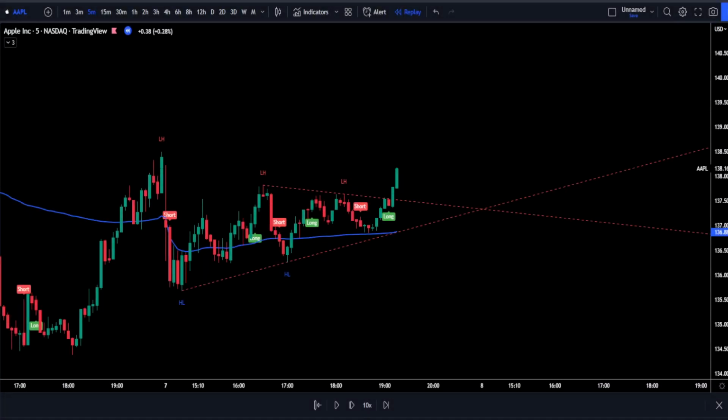Here's another example for a long trade. We see that the market is moving above our VWAP and the line is pointing upwards. We then had a pullback into our VWAP. Then after our pullback, the QQE issued our long signal. Then our last condition is to have our price action making higher lows. So once all of these conditions are met, we can safely enter a long position on the close of our